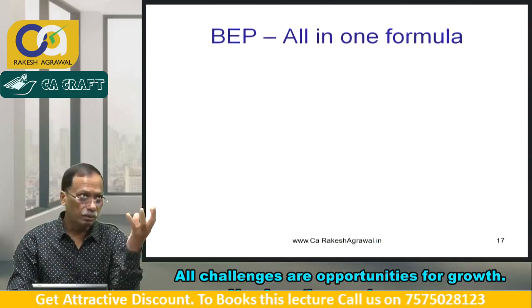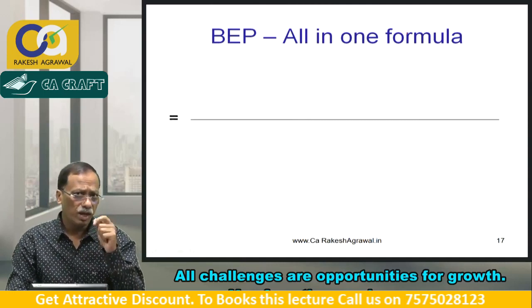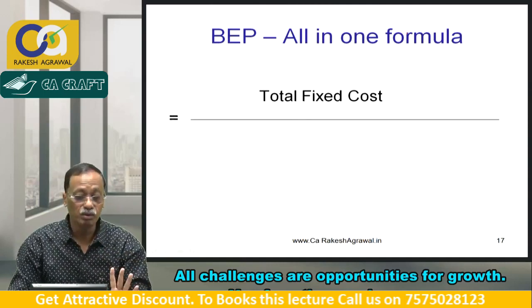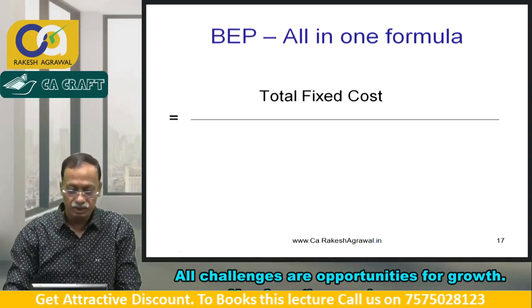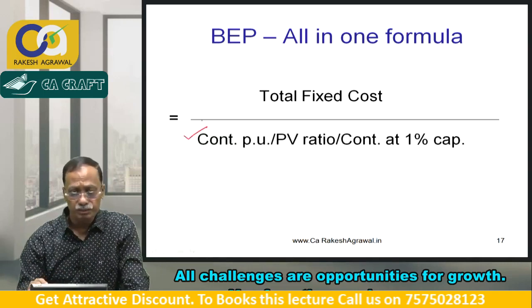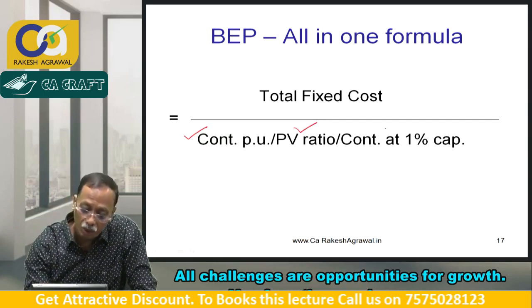First of all, I'll summarize all three formulas into one. You would have noticed in all the three formulas the numerator was the same. So the numerator is total fixed cost. What is changing is only the denominator. Only the denominator is changing. So the denominator could be either contribution per unit, or PV ratio, or contribution at